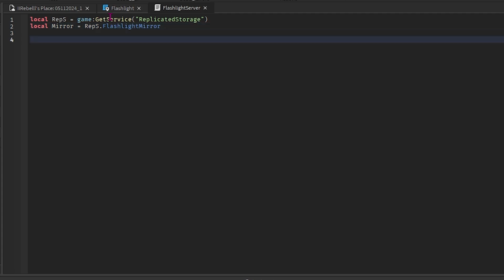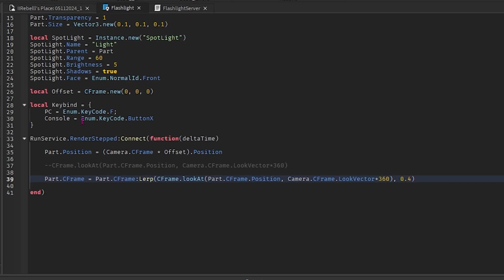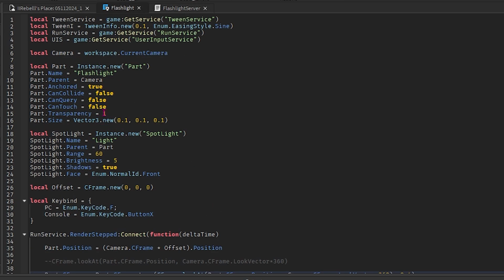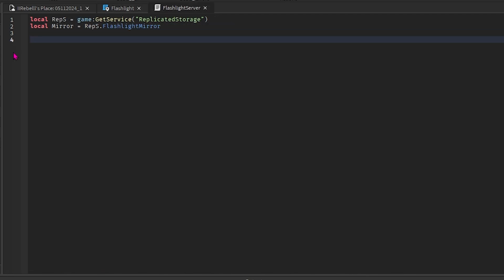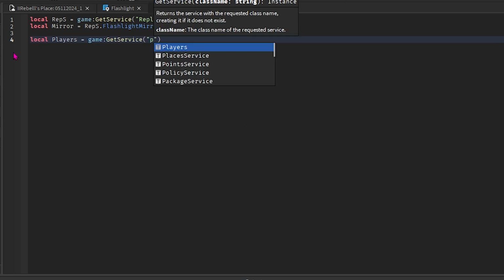And now, instead of creating our flashlight part based on the player, this will only be visible to the player. So we're going to try to keep this smooth, quote unquote, as possible. So we're going to name this part flashlight_client, so that we can differentiate between the two. What we're going to do inside of our server script now is local players equals game:GetService("Players")